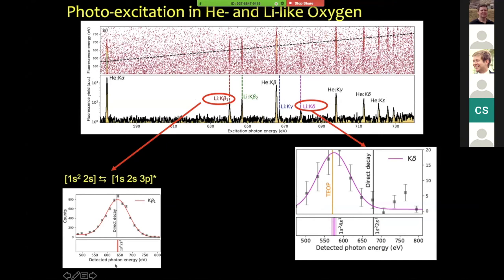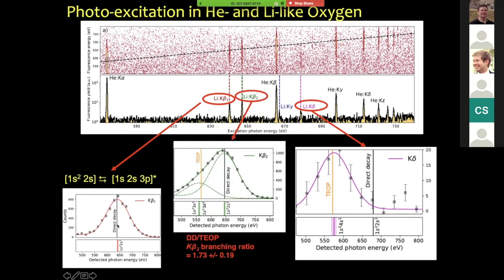What we see here is the detected photon energy, which means that we photo excite the ground state of 1s² 2s, this is the lithium-like oxygen, and it excites to a 1s 2p 3p transition, and the 3p goes back to 1s and emits these X-rays. In the K beta 2, it was very interesting that we see, of course, the direct decay channel back to the ground state from 3p to 1s, but we also see that there is another channel, the so-called 2 electron 1 photon channel, which decays to the 1s² 3s or 1s² 3d